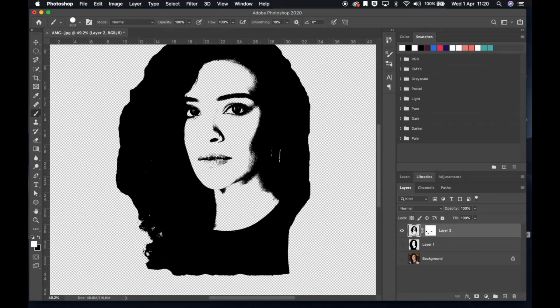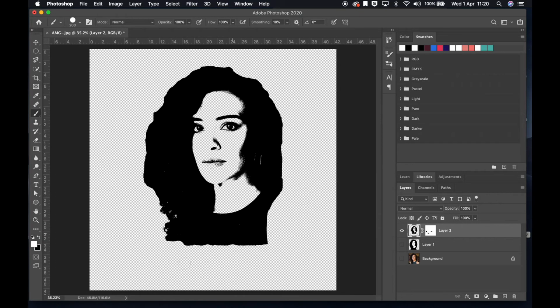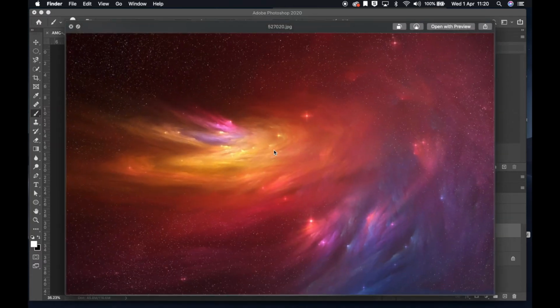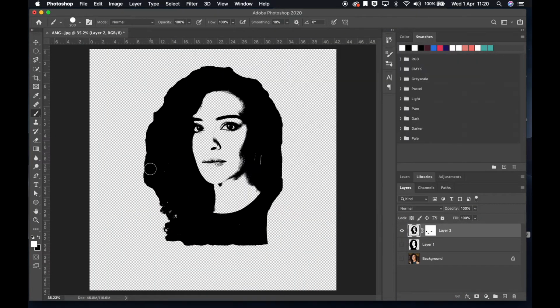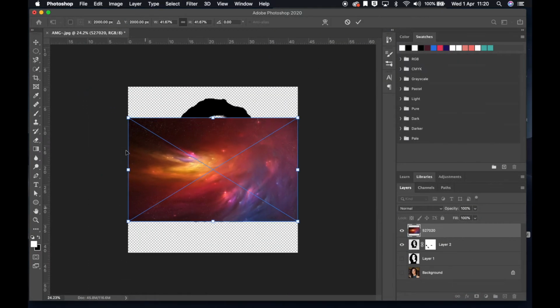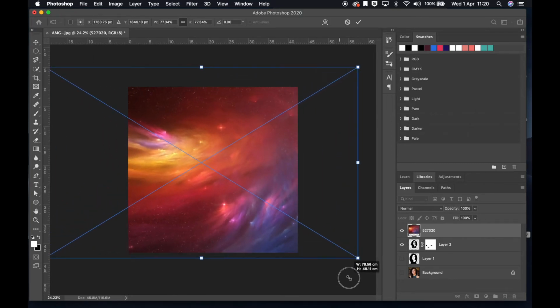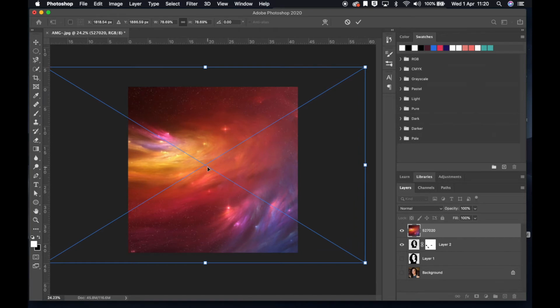Okay, so I'm going to go back, and now what I'm going to be bringing in is my background image. I always like using my little galaxy photos. I have this one here. I'm going to drop it on top and then zoom out and make sure that it takes up the whole photo. Right now I can't do anything with it because it's still in transform mode, so I'm going to hit